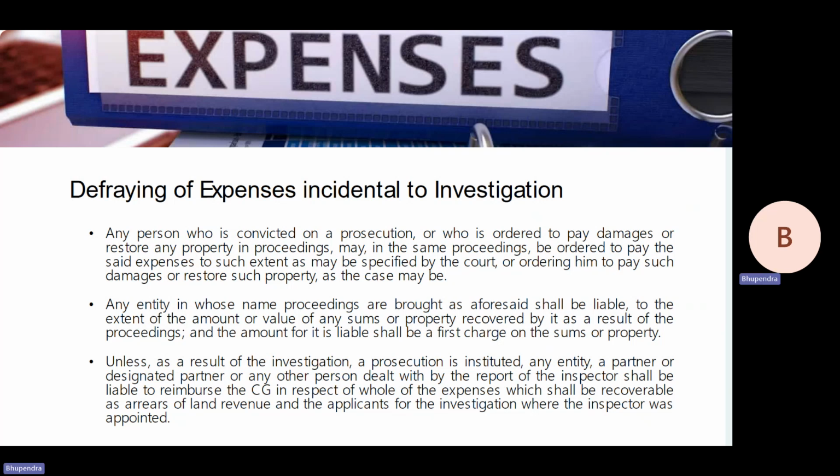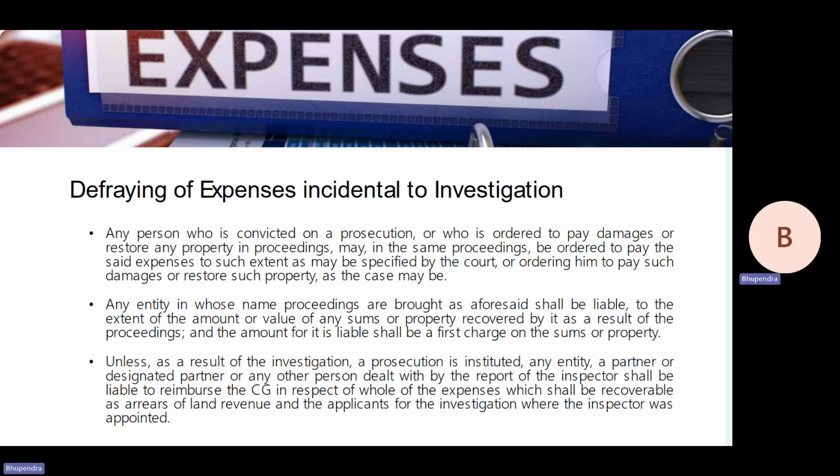Unless as a result of investigation, prosecution is initiated, an entity or a partner or designated partner or any other person engaged with the investigation shall be liable to reimburse the central government in respect of all the expenses, which shall be recoverable as arrears of land revenue and the applicants for the investigation where the inspector was appointed. लैंड रेवेन्यू का जैसे कलेक्शन होता है अलग अलग स्टेट्स एंड सेंट्रल गवर्नमेंट से, तो जैसे लैंड रेवेन्यू का एक्सपेंस कलेक्ट करती है वैसे ही ये भी कलेक्ट किया जाएगा एक्सपेंस।